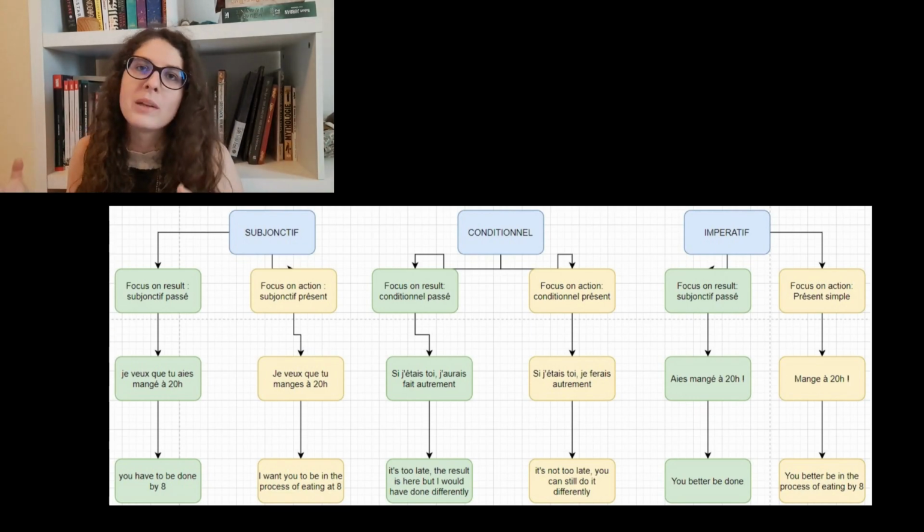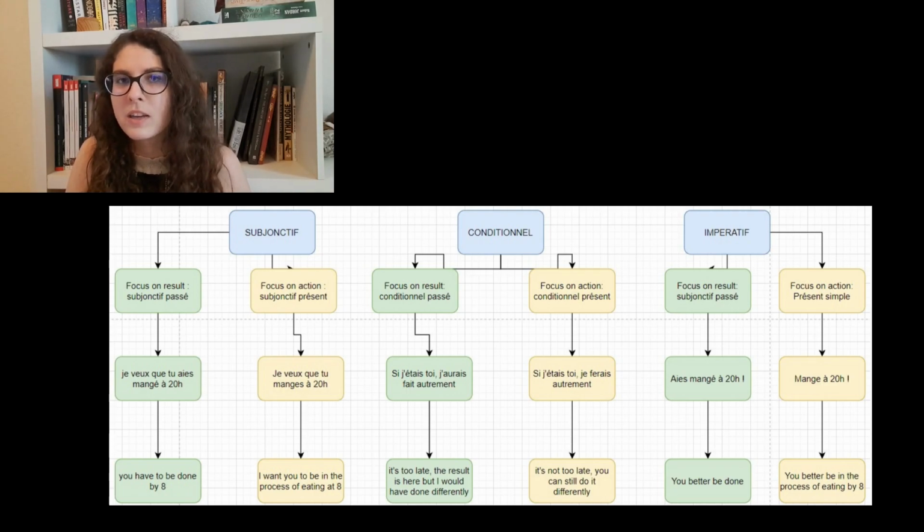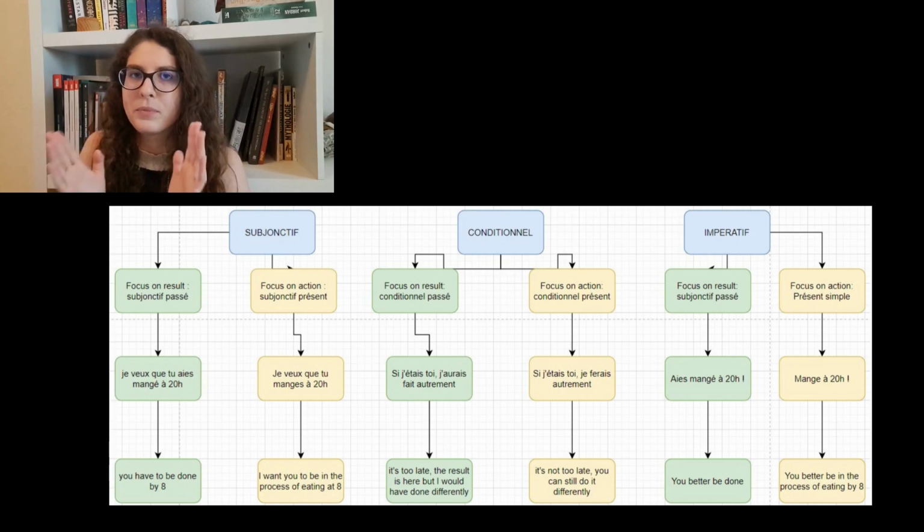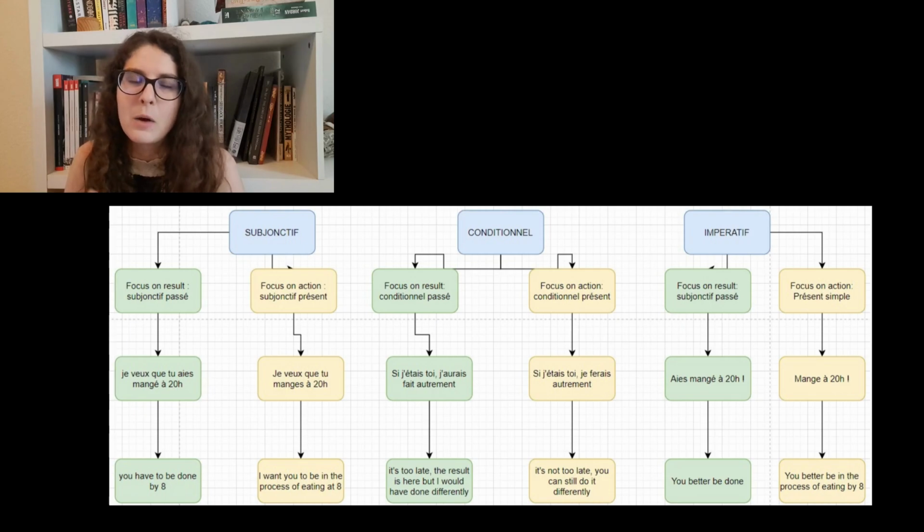It can happen. So what I mean with imperative is it works on the same idea. If I say "et manger quand je reviens," you better be done eating when I come back. And if I say "mange quand je reviens," then you will eat only when I come back and you should not eat before. So it's once again one of those nuances, but yeah, I will admit it is not very used anymore, but it still works on the same pattern.